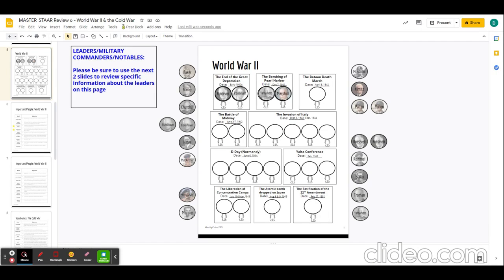The next date we need to know is April 9th, 1942, the Bataan Death March. And so this takes place in the Philippines, and the commander of the U.S. Army in the Pacific who was highly involved in the Philippines, that is Douglas MacArthur. So we're going to drag him over, let him hang out there. When it was clear that the Japanese were going to conquer the Philippines, MacArthur was given the order to evacuate, and that went against his nature very much. He did not want to leave the people of the Philippines nor the troops.